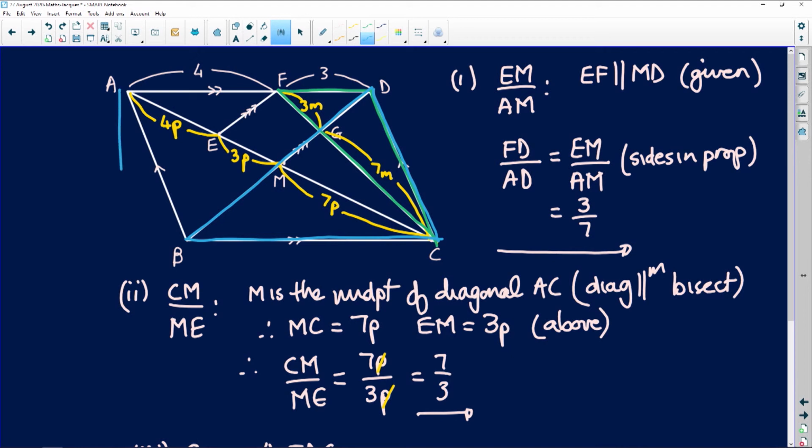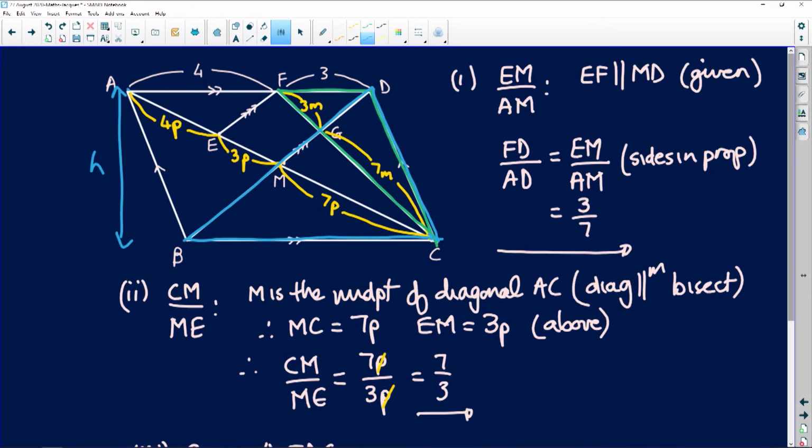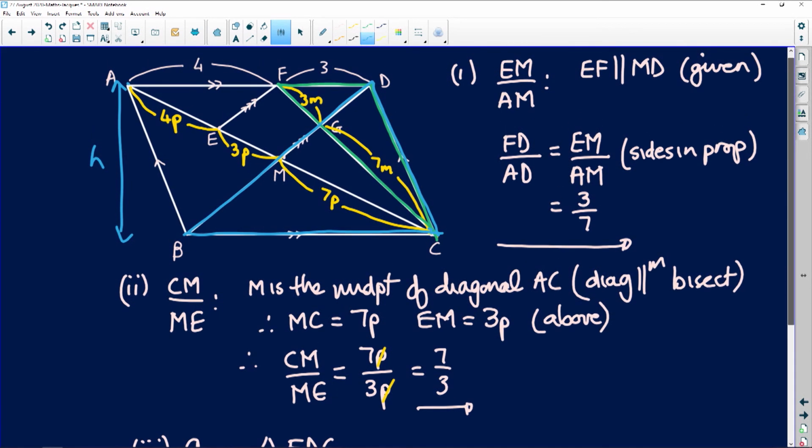Well, they have the same height because they lie between the same parallel lines and their bases are equal in length. Now the same happens with this one. That triangle ACB and triangle ADC. They are all equal to each other because they share the same base and the same height. So if I want to work with the area of FDC,